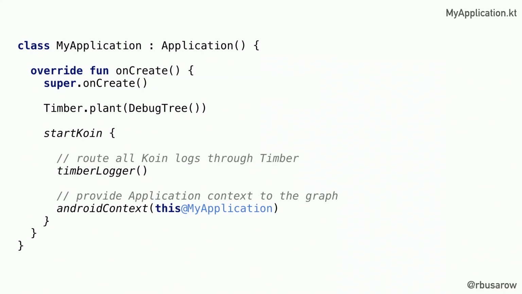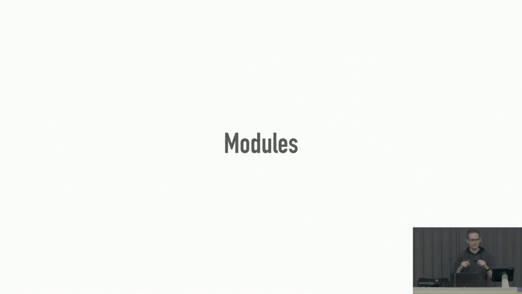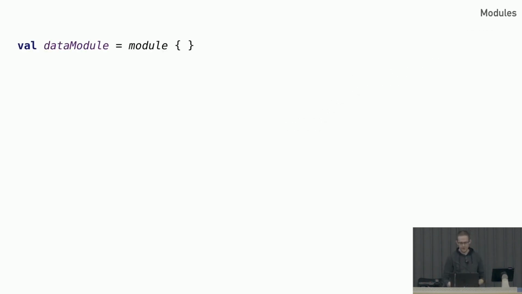So next, what we need to do, again for Android, so many things that we're creating in Android require an application context. There's a convenience function for that. Android context, you pass in the application instance, which has your application context, and that is actually our first dependency that we've added to our graph. And then finally, and I'm going to gloss over this, in order to add all of our bindings to the graph, it's just a single line, modules, and then you pass in your modules. So this Koin demo modules is a list of modules, and we'll talk about that in a minute.